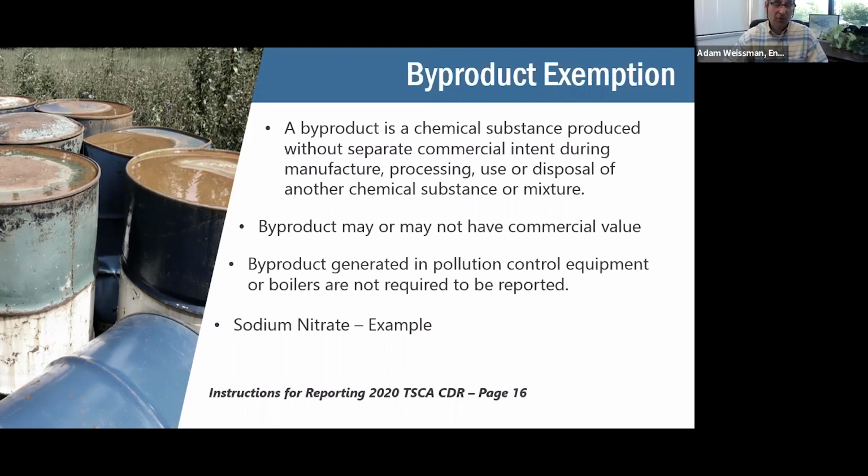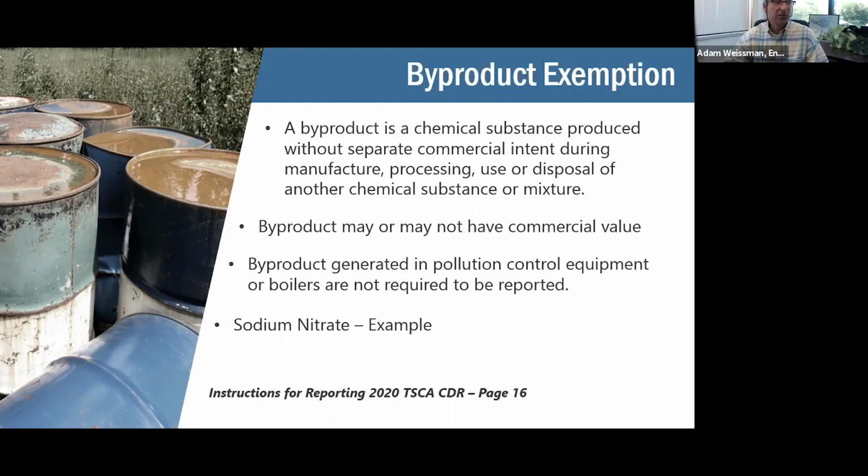But for the purposes of CDR reporting, although you may trigger the reporting threshold of 25,000 pounds of production volume of this chemical, because the byproduct is not being isolated and it is not being done with the intent of your process, it is not reportable. So there's an example where that byproduct, although clearly being manufactured, is not reportable under the CDR. It's a byproduct and it is exempt.